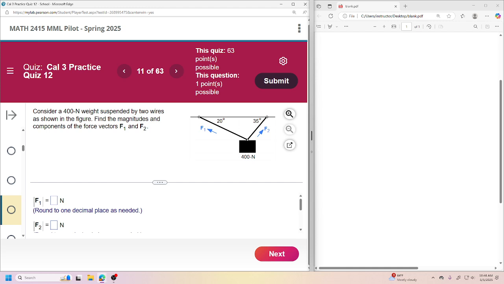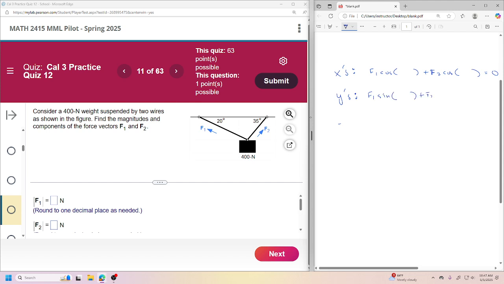I'm trying to remember. So I need my x components and my y components. My x's are going to be this guy. Let's just do F1, I guess, because it's in order. So I have F1, and it'll be a cosine of something. And then I have F2, and then I'm going to have the cosine of something. And then that equals 0. For my y's, I think I have just the sines. So F1 sine,